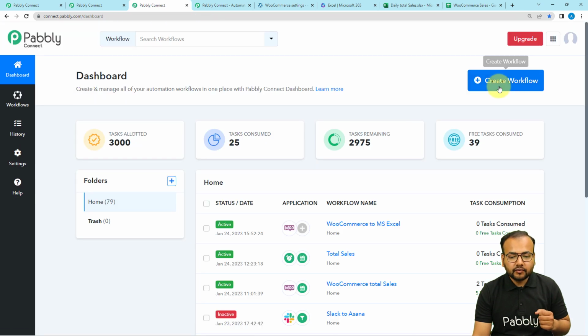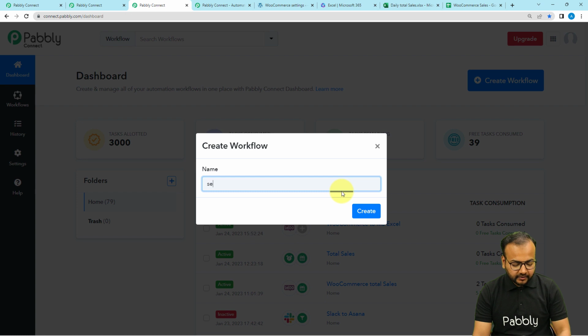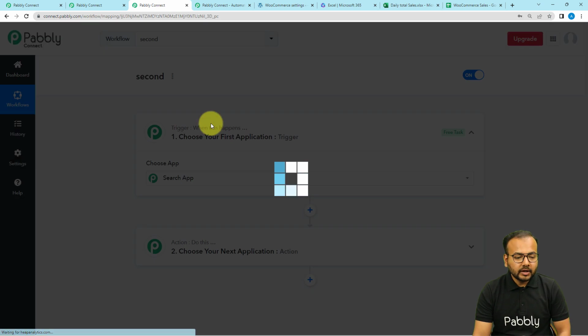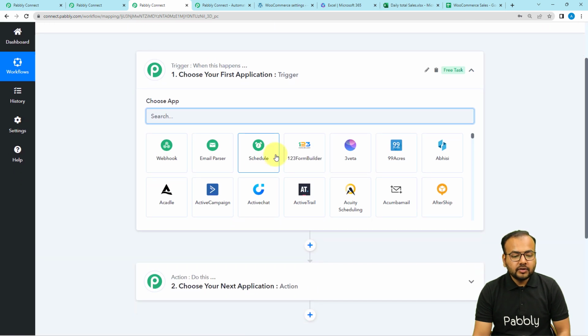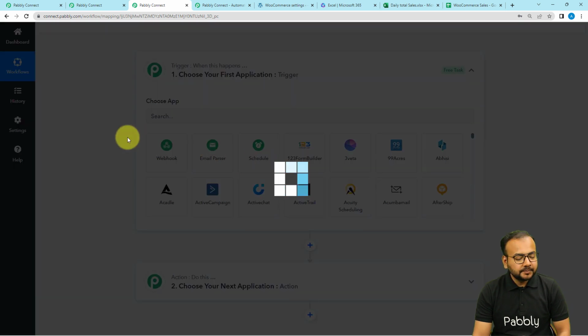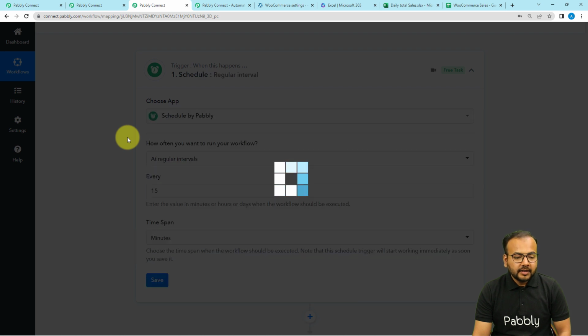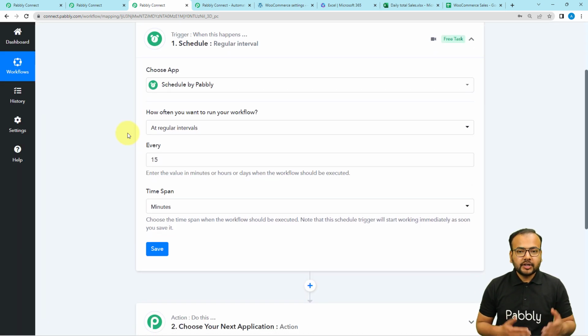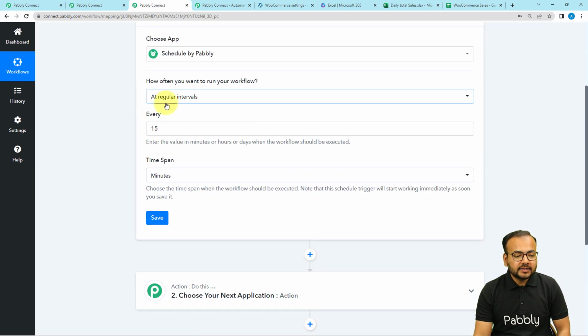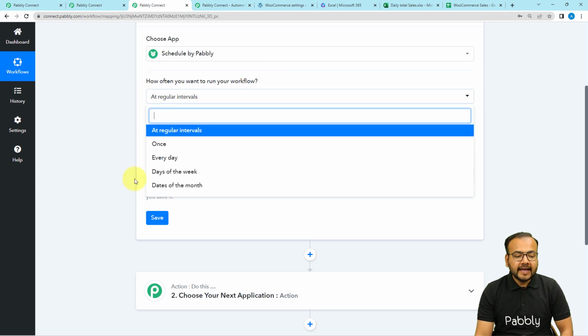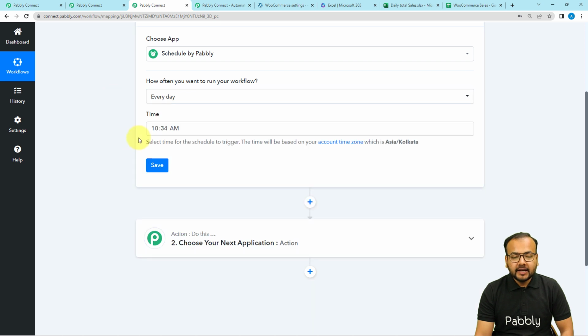Let us create a new workflow, the second workflow. And here you will find this scheduler feature, select it. Scheduler allows you to schedule the running of your workflow anytime in future according to your need. So here it will ask how often you want to run your workflow. We are going to select the every day option,